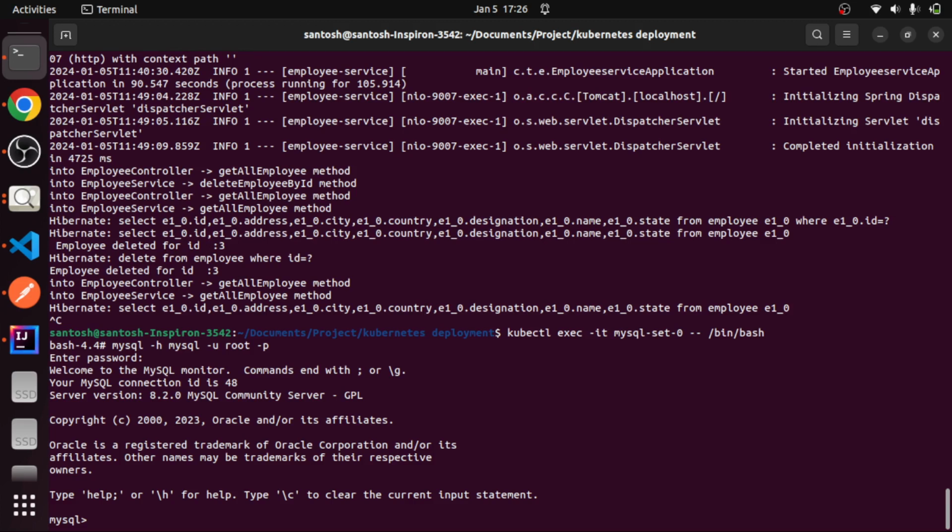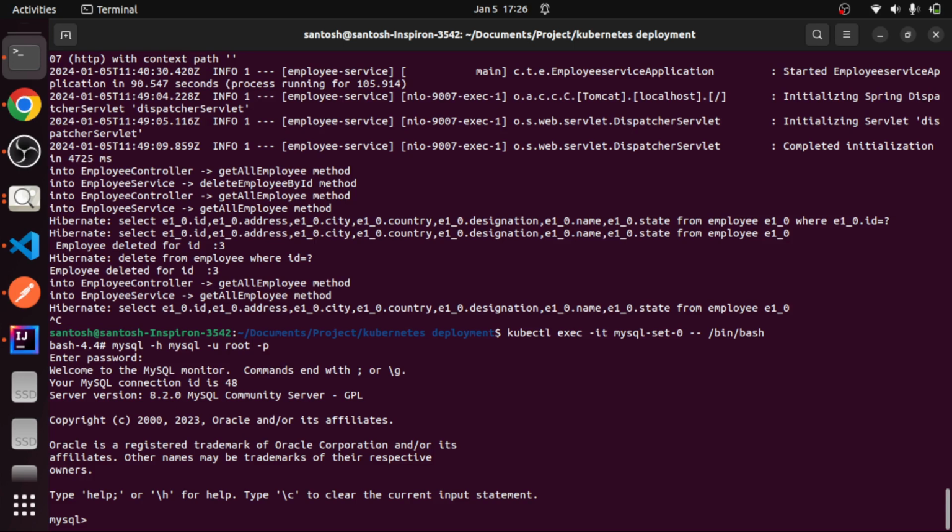So we have gone into the employee DB database, and we have checked that an employee table is there. We can check how many records are there, so we write the command select star from employee. Okay, and we have seen that 6 records are there: 1, 2, 4, 5, 6, 7. ID 3 we had already deleted. We have deleted all earlier, and we have 6 records now. So it's fine, and whatever data we have saved is saved in the database, from